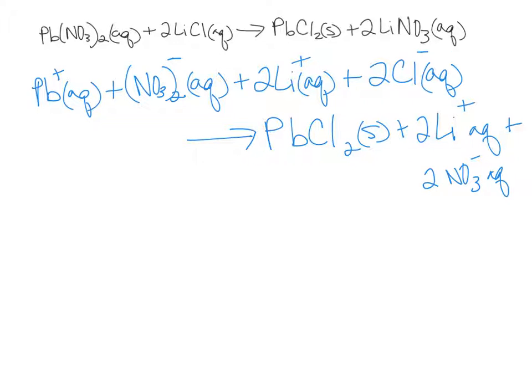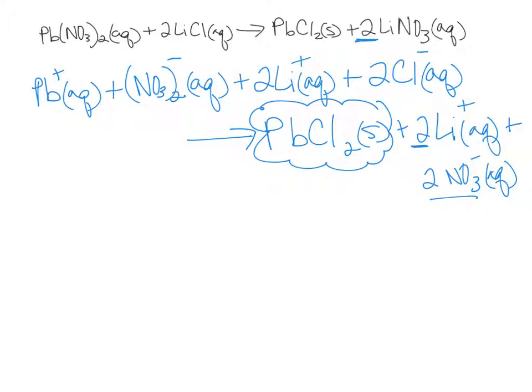Because my NO3 is going to be disassociated from my lithium, and you can see that because there's a 2 in front of the lithium nitrate, I also want to make sure there's a 2 in front of my lithium and a 2 in front of my nitrate. Now I'm going to go ahead and do my net ionic equation,